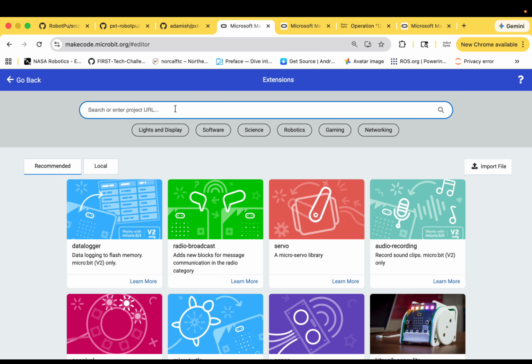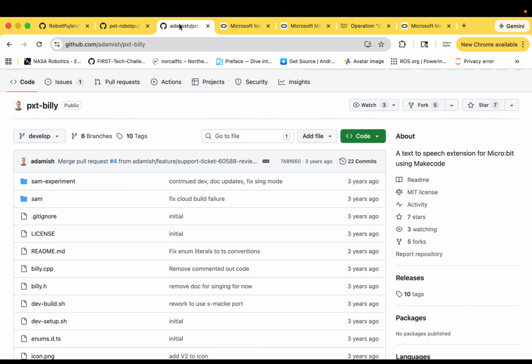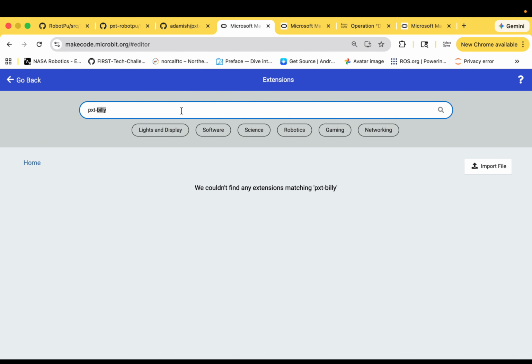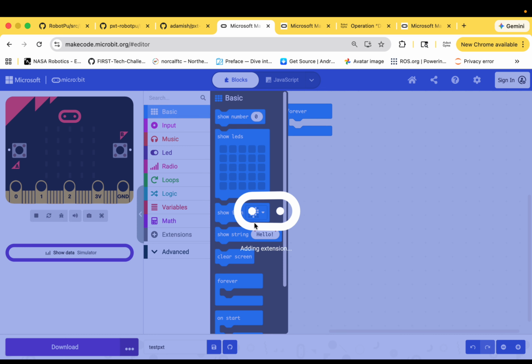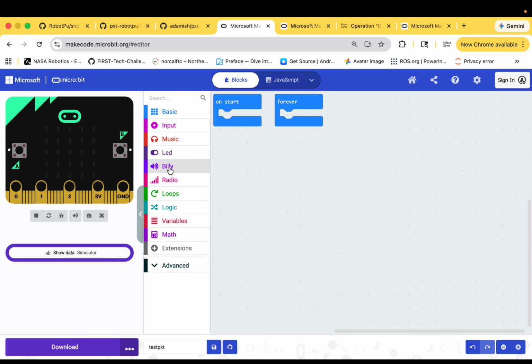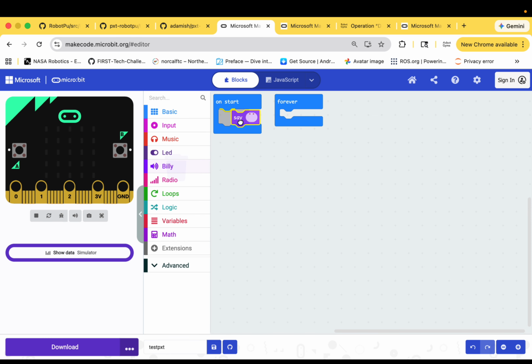First click extension, then search for pxt Billy. Let's see what comes up. If this library doesn't come up, then you need to copy the GitHub library link here, then paste it. After that, click the Billy library, boom, then you can see the Billy library shows up here. Click here, and you can see you can make a robot say something,